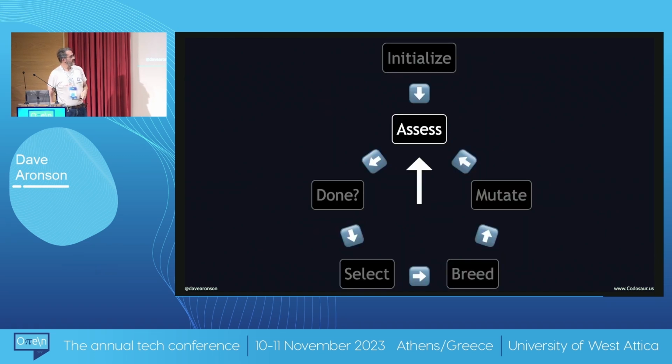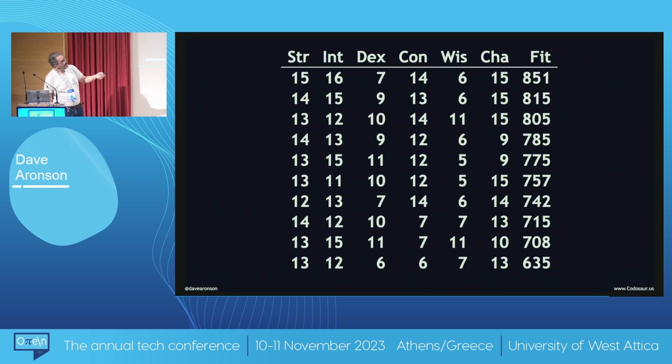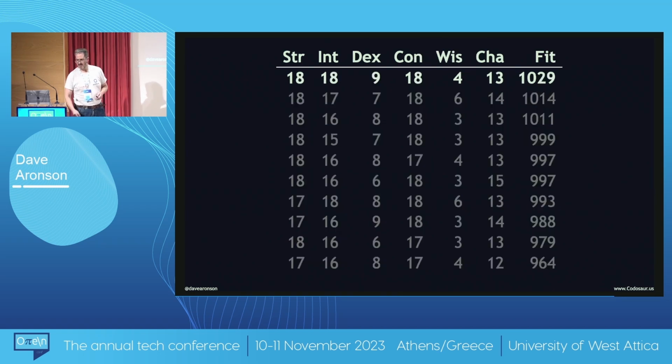So now we go back to assessing how fit these new candidates are, and we get this result. So now we can see that, yes, they are indeed much more fit to be fighters than the prior one. The previous generation ranged from 476 to 760, and this is from 635 to 851. It's still nowhere near our stopping criteria of 1,021, so fast forwarding through 6 more rounds, we finally get one